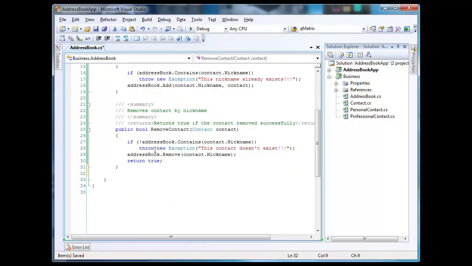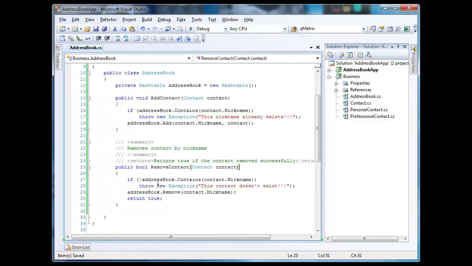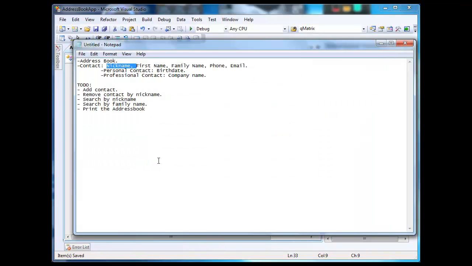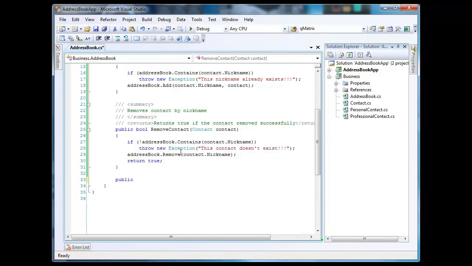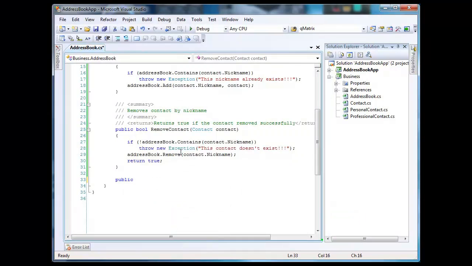And throw new exception, by the way, just exits out of the function immediately. So what we have here, I just added also a description so I can show you something inside the program class. We're gonna see it. It's a really nice notation. Let me see, what do we miss? So we add, we remove, we search by a nickname. Oh, that's really fun. Now if you would like to search by a nickname, so public